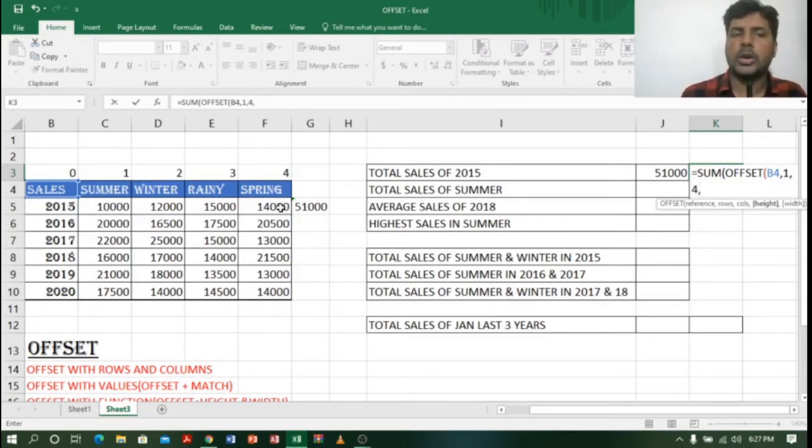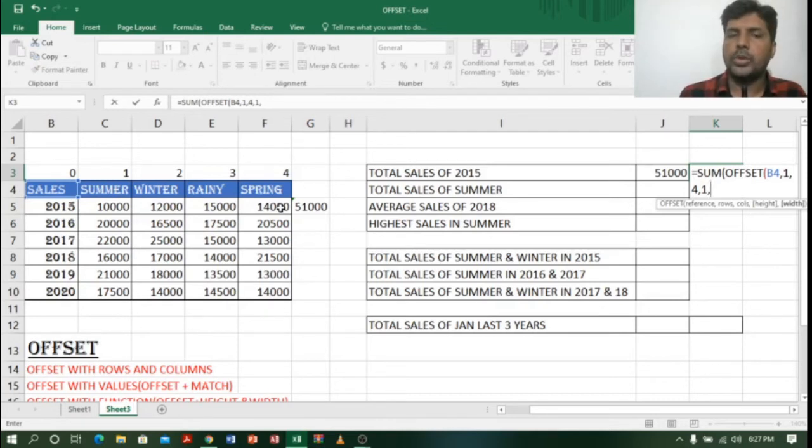Now I want to count in reverse. Previously I said 4, right? So instead of 4, this time I am going to the right side, so I will use -4. The height is 1 and the width is 4.